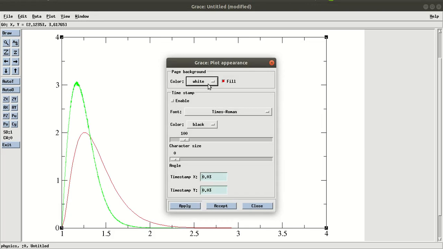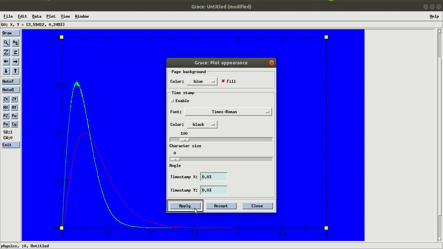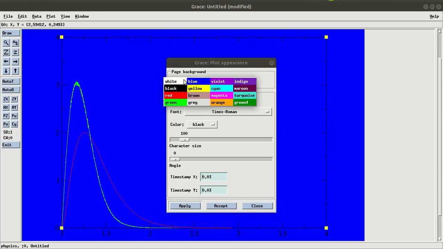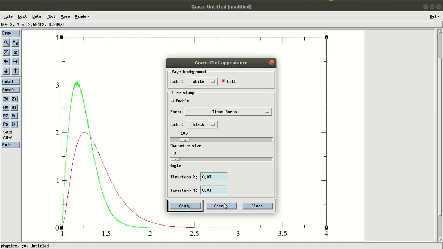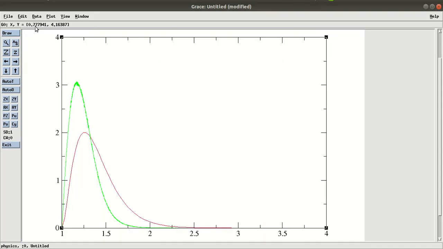And now what you need to do is basically check the plot appearance. Okay, so background is now white. If you want to change the background to blue, it will be like blue, and it is not that good, so let me stick to white and then apply, then accept. And then here you need to edit the labelings and legends and other stuff. So for that, what you need to do is basically the following.